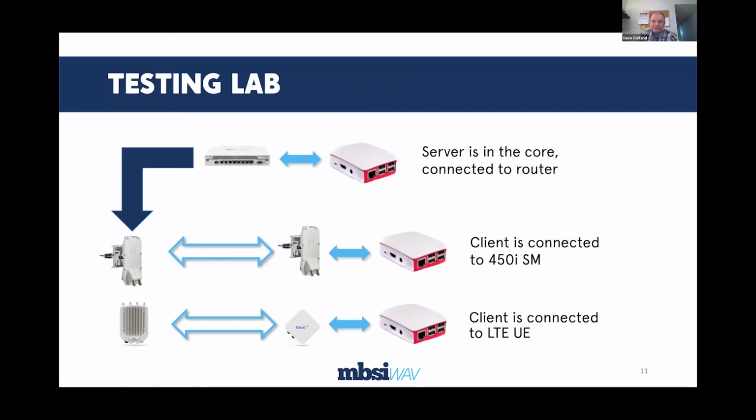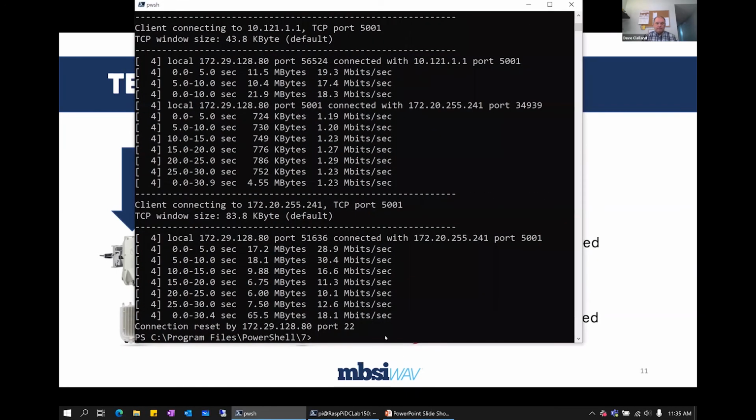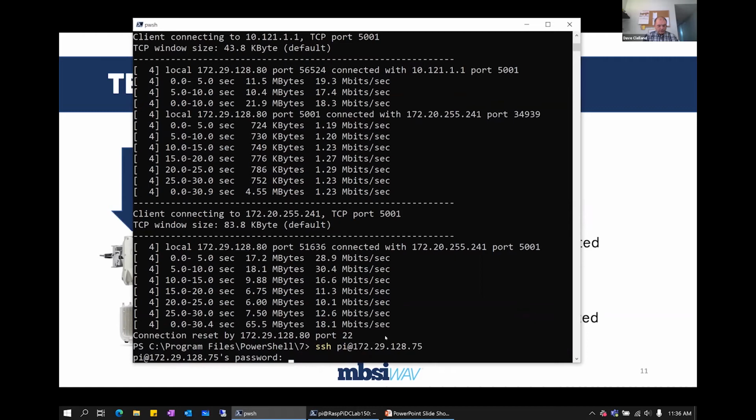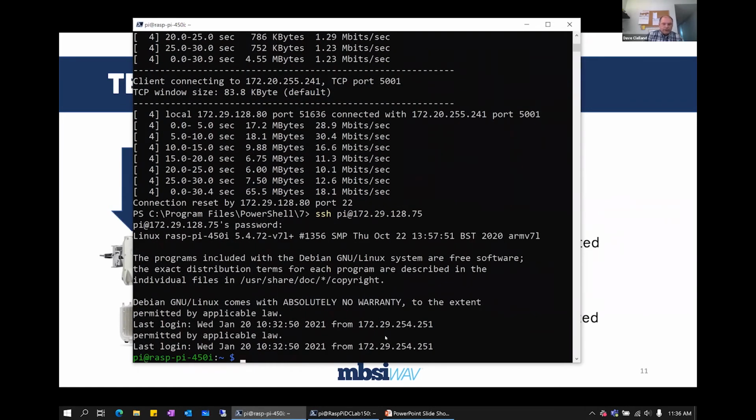So now we'll connect first to this client that I have that's connected to my 450s. So minimize that window. Or let's go to 75. Right there. All right. Okay, so now I'll do